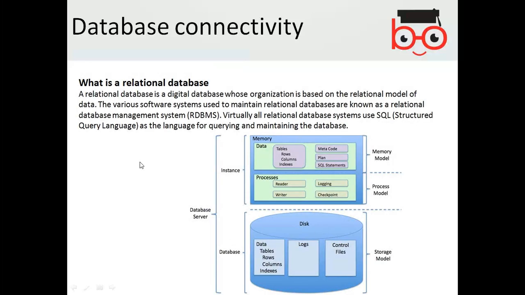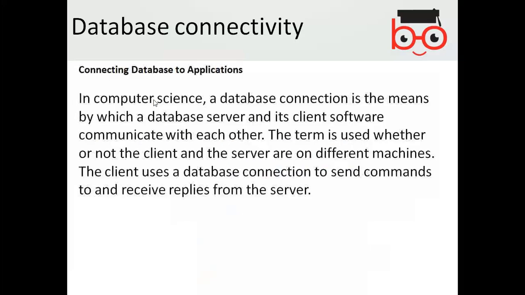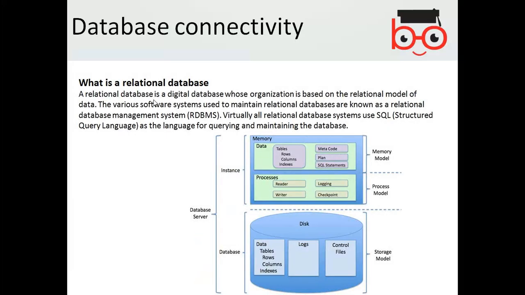Relational database we already discussed earlier. It is stored in the form of tables, and there is a management of the relational database using the tables and their relationships. These things we already discussed here, and you can go through them again. ODBC. Basically, ODBC is a mechanism which helps you to connect to a database from the application point of view to the database itself.